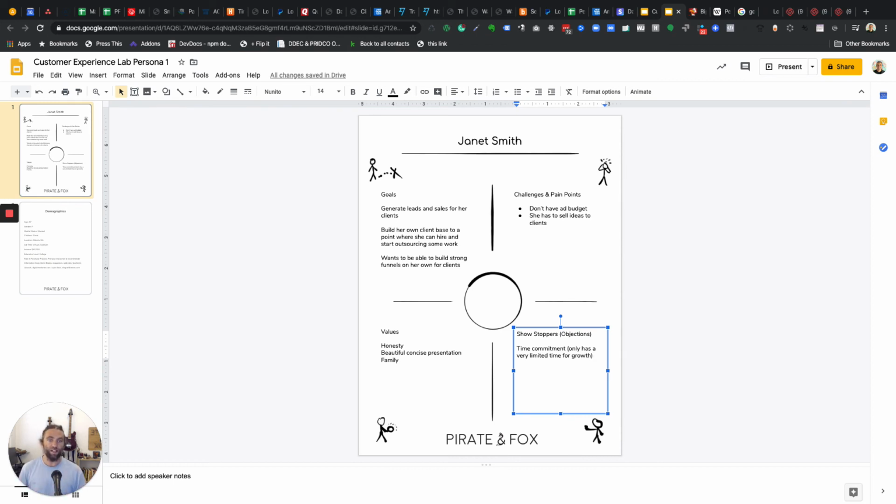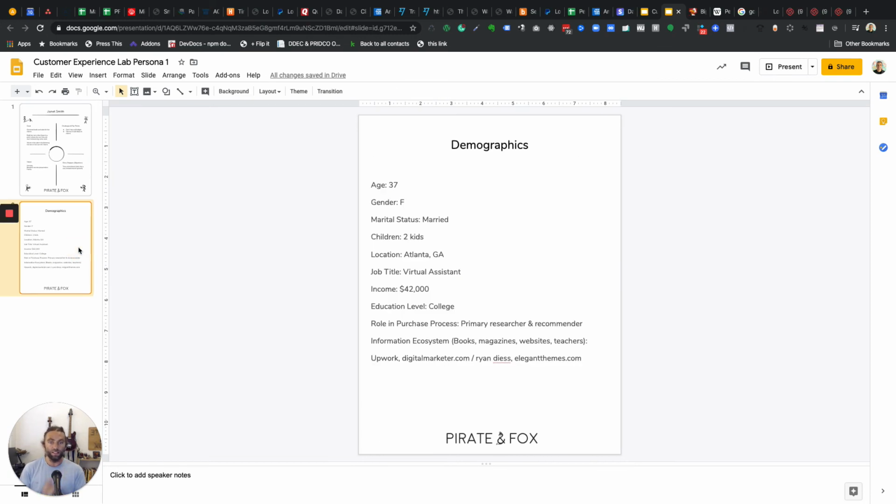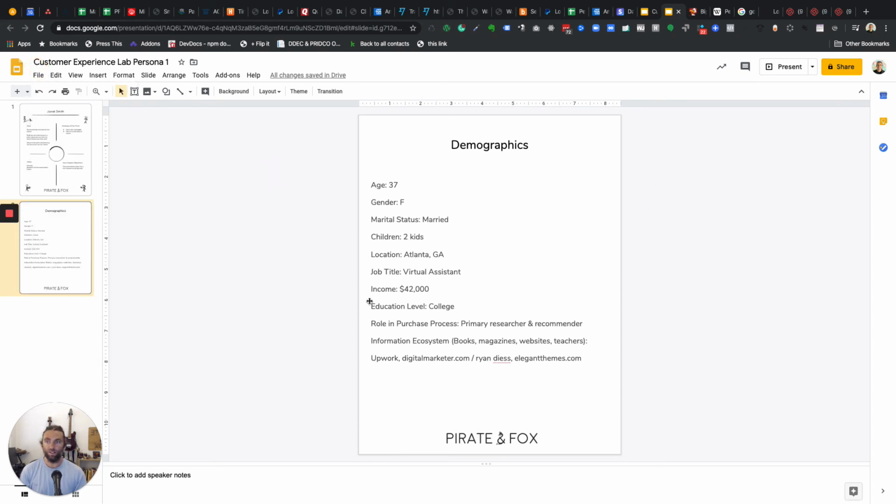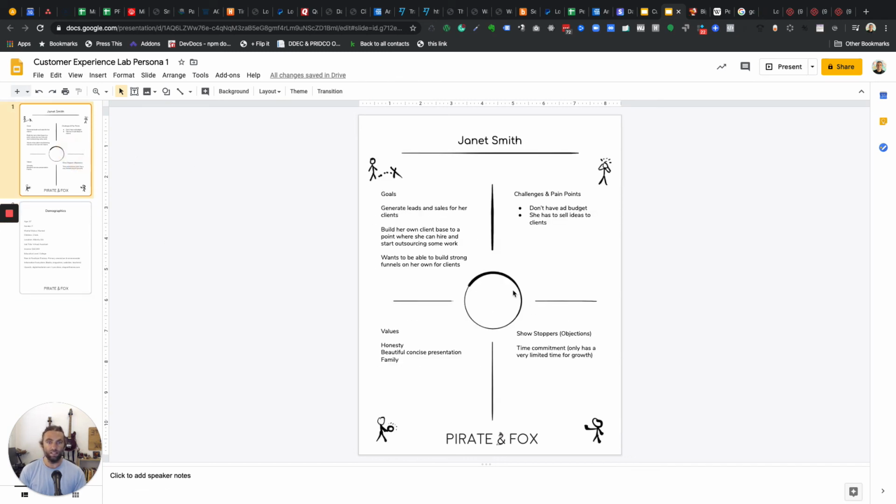In interest of time, I'm not going to go on to other showstoppers and objections, but you want to brainstorm what are the things that could stop her in the process of moving from someone you don't know to a client. So goals, challenges, pain points, showstoppers, and demographics. That's all. You're going to fill this out, okay? And then you want another one. You're going to go to File, and say make a copy, and you're going to have another one. And the last little bit that is just icing on the cake is that you can go